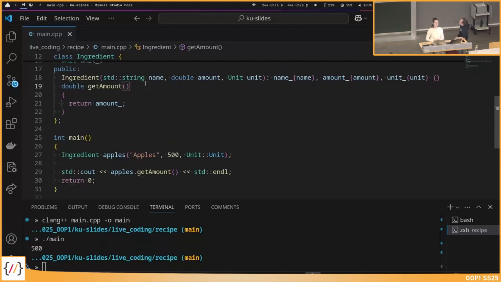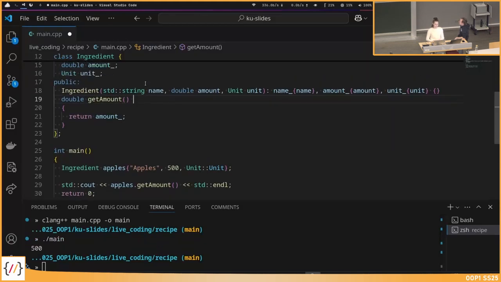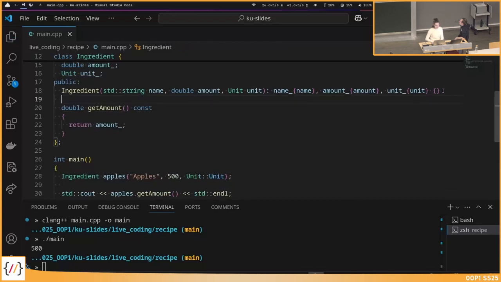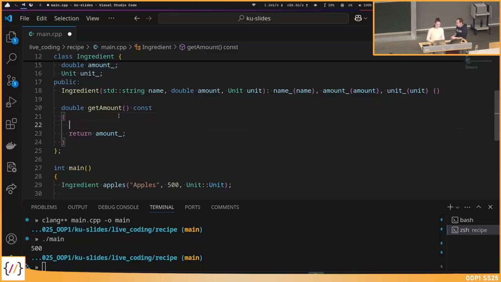Another thing you've seen in the lecture is why we would make this getter const here. Does anyone remember what this const here does? I think you did this in the lecture, right? Okay, yeah. Yes, it makes sure that the function does not change any values. So it makes sure that in this getter here, we can't change the amount because this is not what we